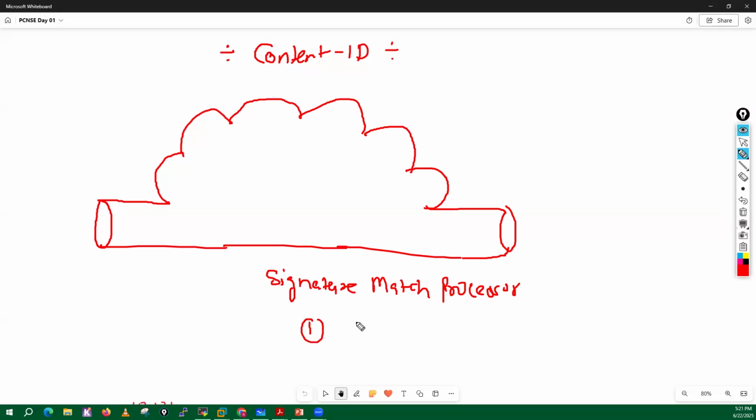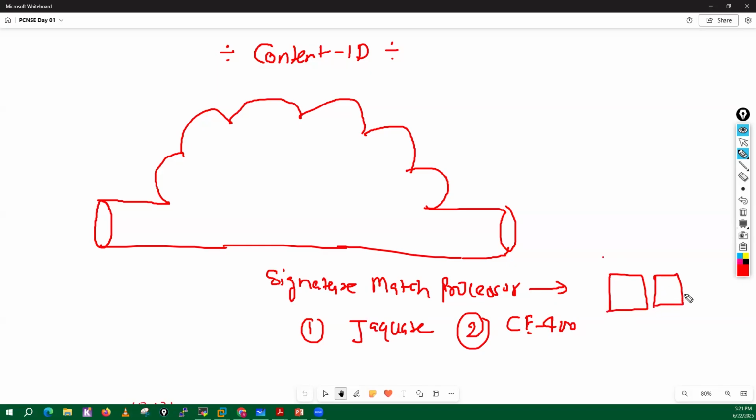In old boxes, it's a Jaguar chip. In new boxes, it's a CE400 chip. Now this signature match processor has multiple RAMs available.